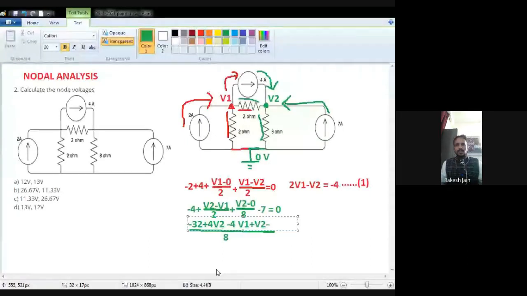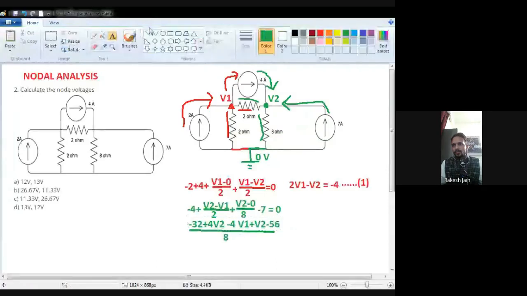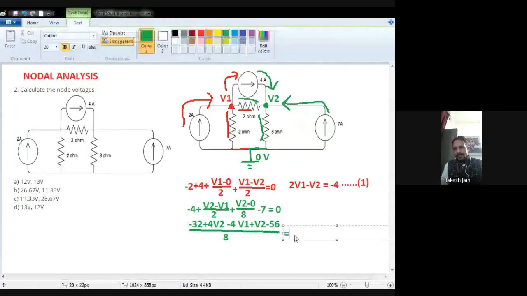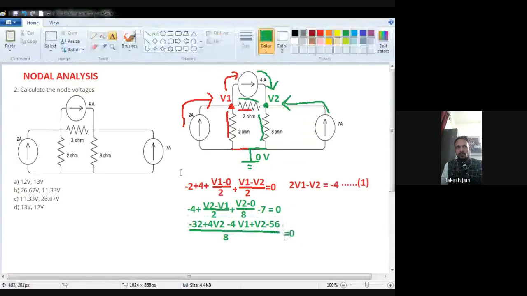Now see one more branch is also connected with V2. This current 7 ampere is coming towards V2. The direction of the 7 ampere current is towards V2. It means the current is coming towards V2. So whenever current comes towards V2, we have to write it with a negative sign. So I remove this positive sign and just write a negative sign. So minus, and what is the value of current? That is 7, and because all branches are completed, that is equal to 0.